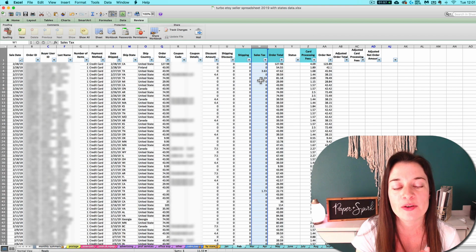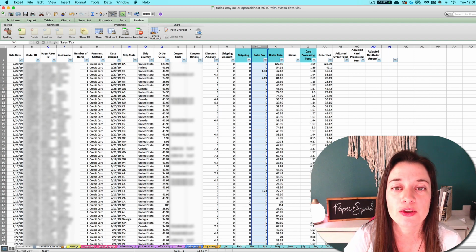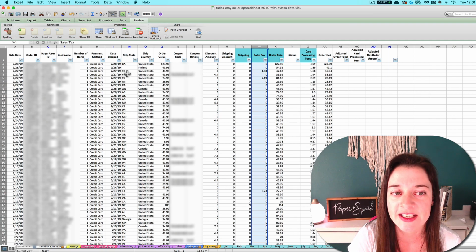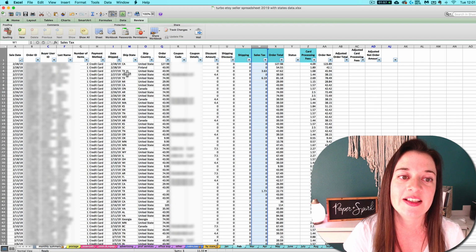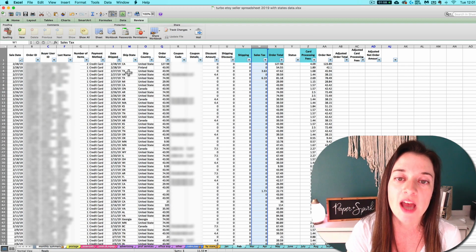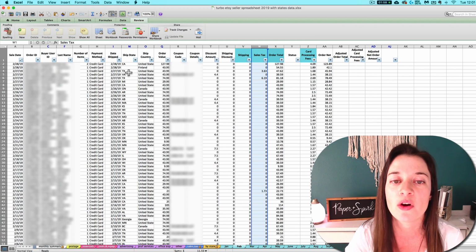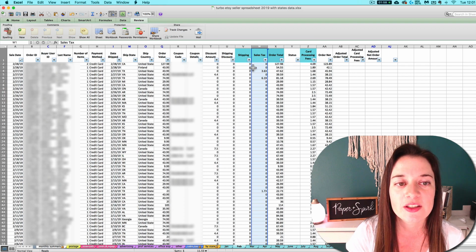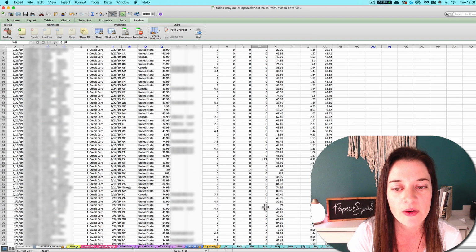So Etsy is collecting and remitting on your behalf for a handful of states right now, states that have marketplace sales tax rules. So you should not have amounts reported for those states in column W. I am located in the state of Texas. I have a physical presence or a physical nexus in the state of Texas. Texas is currently not a marketplace sales tax state, meaning Etsy is not collecting and paying on my behalf in Texas. So it is correct that I should only have sales tax amounts in column W right now for the